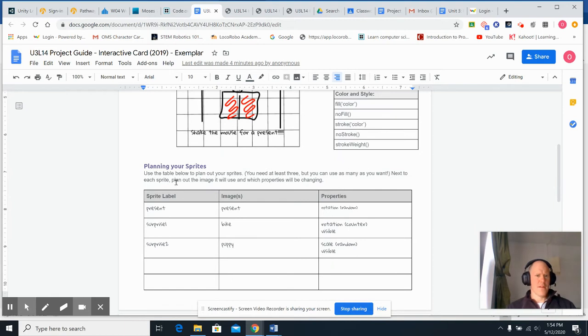Now you have down here at the bottom, planning your sprites. You got a present, you're going to use a present image. Properties, rotation, random. Okay. Surprise, bike. Rotation, be a counter, be visible. Okay. The random is the amount of shaking it will do back and forth. That's how you get it to shake. Okay. And then the rotation, the counter